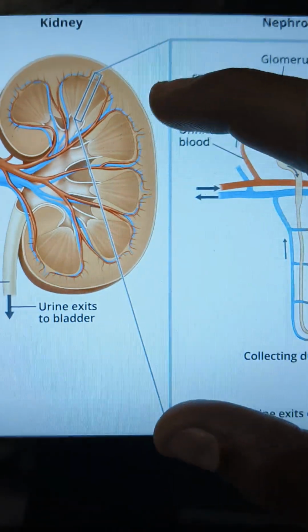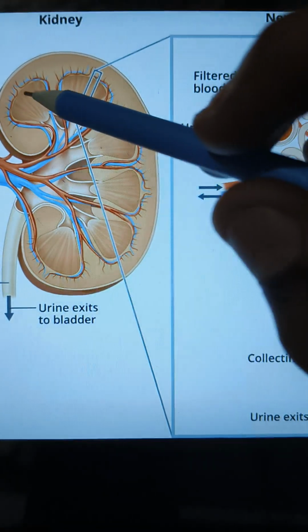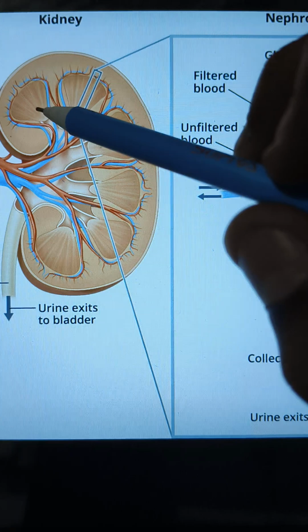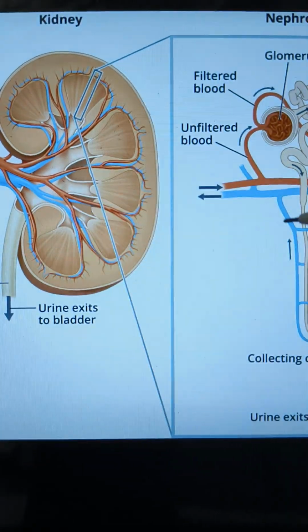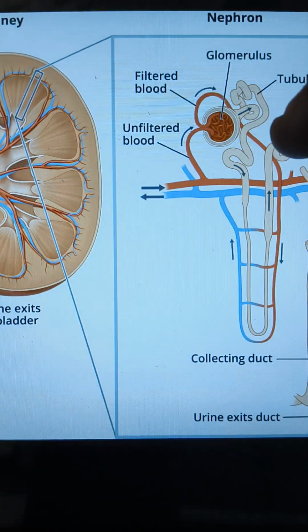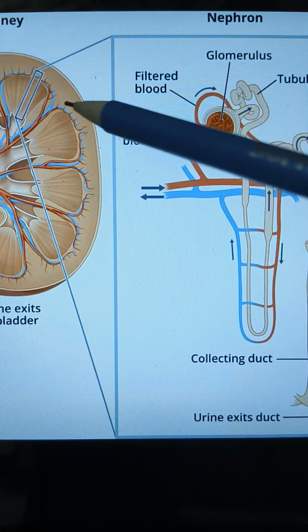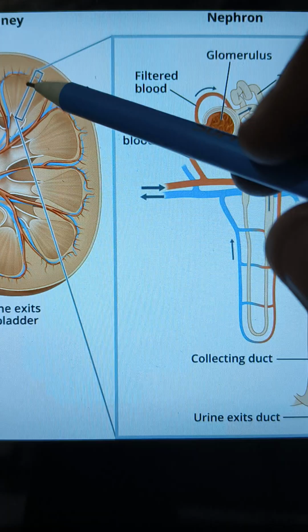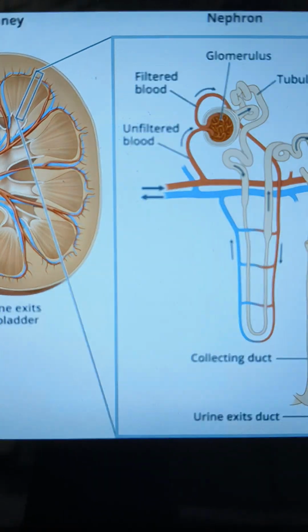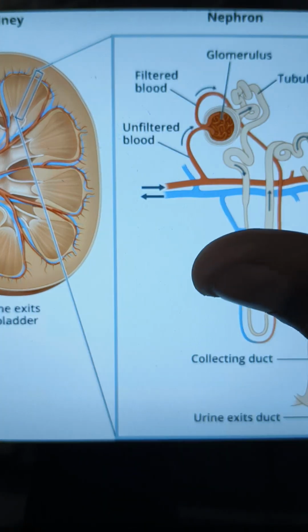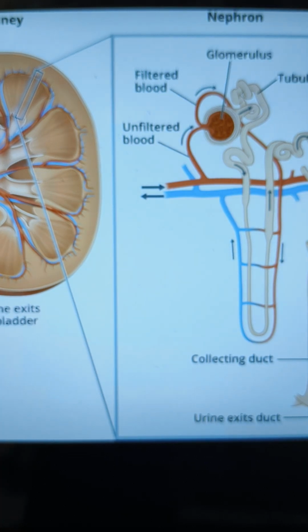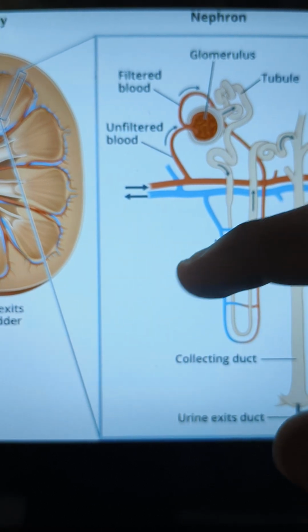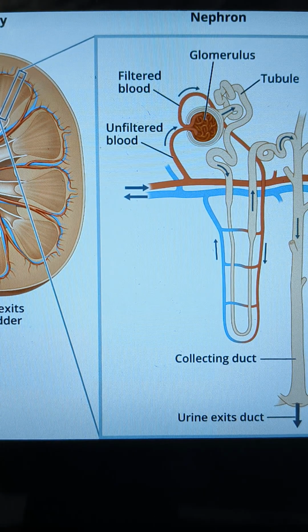You know, this is kidney and this is renal medulla. Renal medulla has many types of nephron. And it is lakhs in number in each medulla. Cortical nephron or juxtamedullary nephron may also be present. Nephrons have two types, that is cortical nephron and juxtamedullary nephron. So we are going with the structure of nephron.